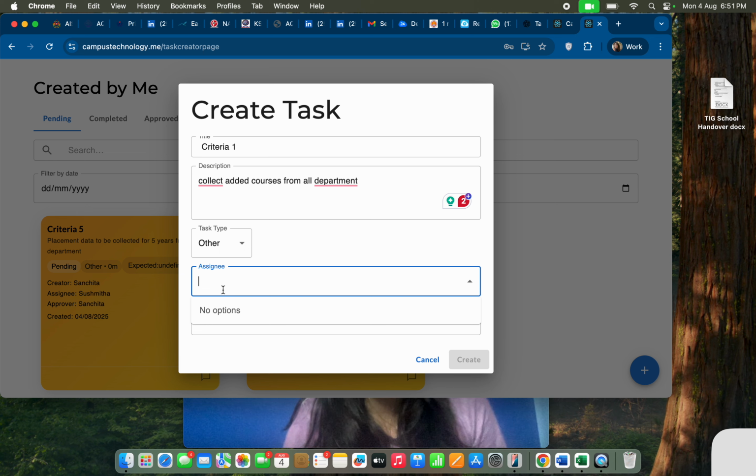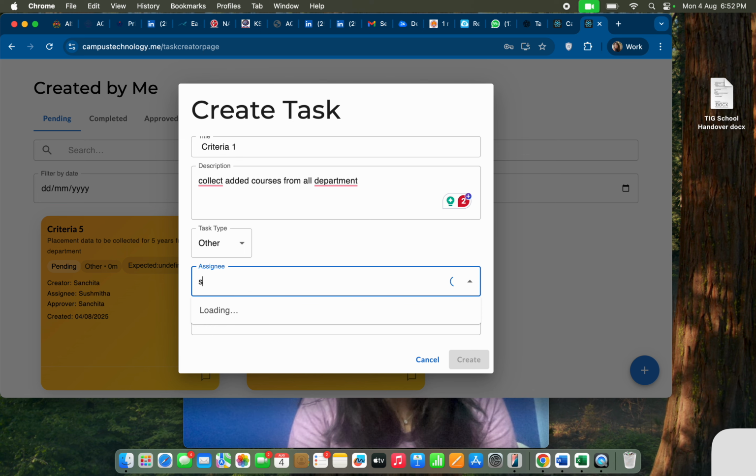The email ID of the person you want to assign has to be added here. That has to be done from admin access. In a different session we will show you how that can be added. Today we will discuss how a task is created, how the assignee can see it, and how an approver can be an approver also. Okay, let's come back here.